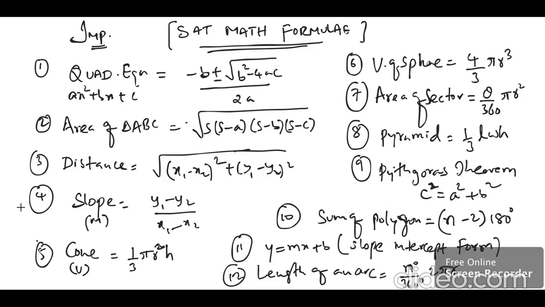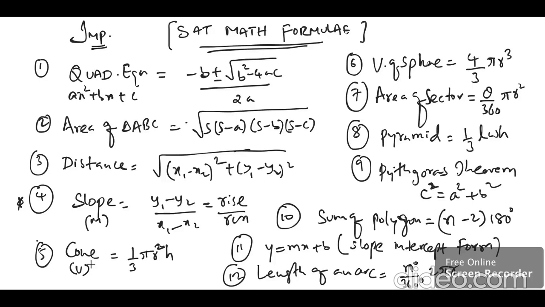And this is the most important formula that we have for the SAT exam, that is the slope of any given 2 points in the coordinate system. It can be worked out by using rise over run generally, and in easier language you can remember it as the difference of y over the difference of x. It is nothing but rise over run. Usually it is denoted by the letter m.